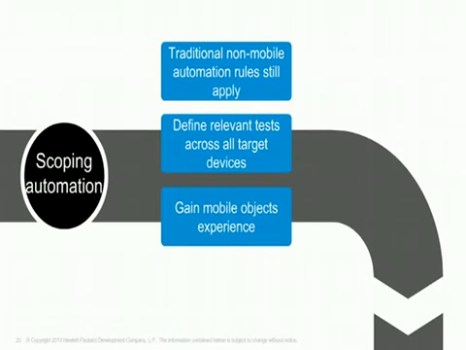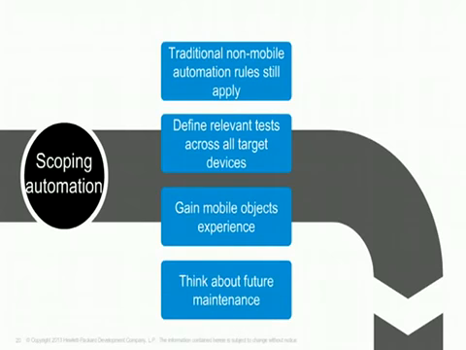But also, and that's the last point, think about future maintenance. Also make scripts more robust and usable across new devices and operating systems. Understanding objects is critical to limit the time spent on maintaining scripts. You cannot build and test an app in a vacuum, and this is where most of our customers are today.